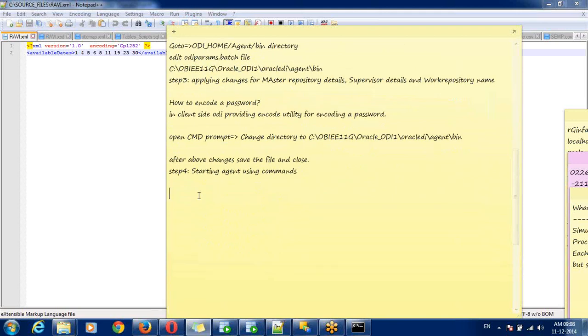Through the command line we can start it. The command is agent, with the option name equal to your agent name, then port number equal to your port number. That's it.